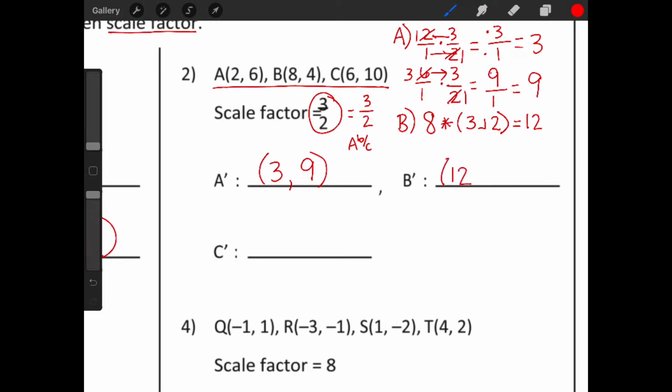So if you're a quick person with fractions, you don't have to use the calculator, but I know that most kids are still practicing with that stuff. It's taken me 29 years to get to this point where I can do stuff like that in my head. And B, again, our Y is 4, so we're going to do 4 times 3, fraction key, 2,